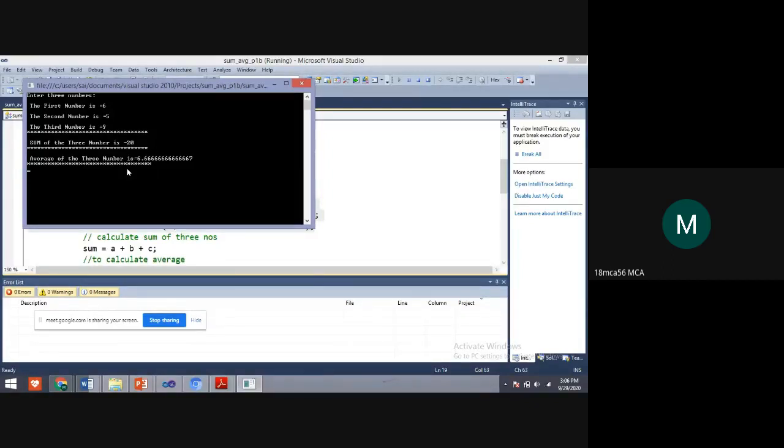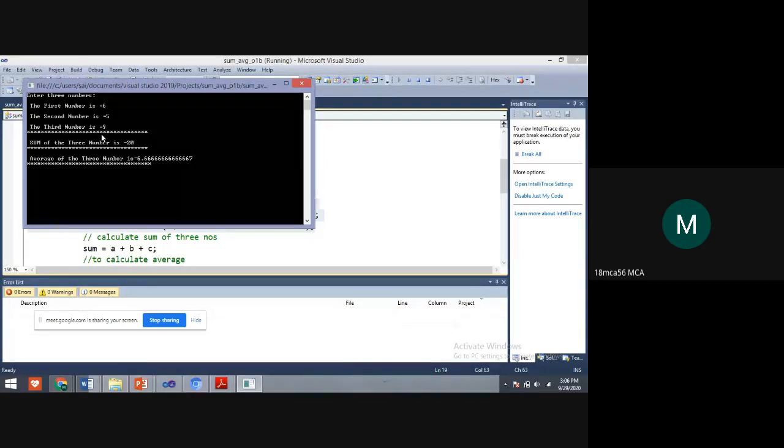Because I executed this program, I know what values I have given as command line arguments. You are seeing on my screen whatever values I am giving, so you will understand what the first value, second value, and third value are.